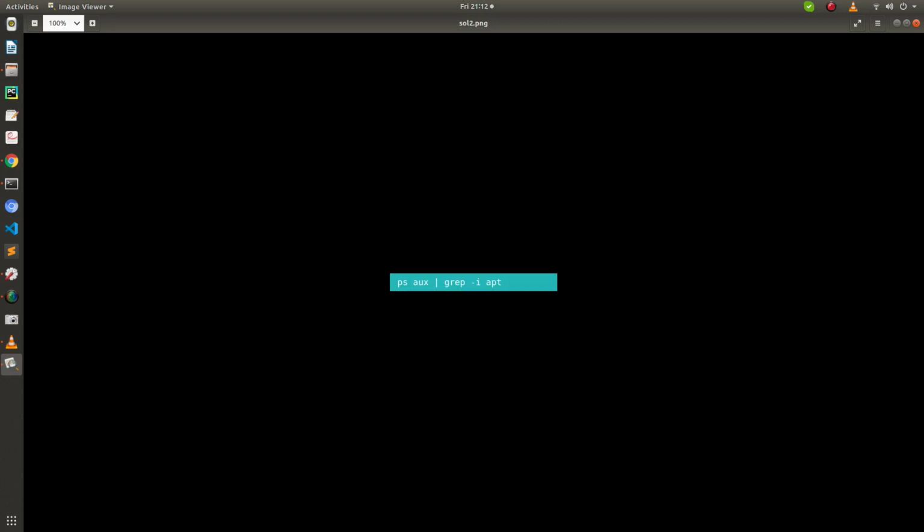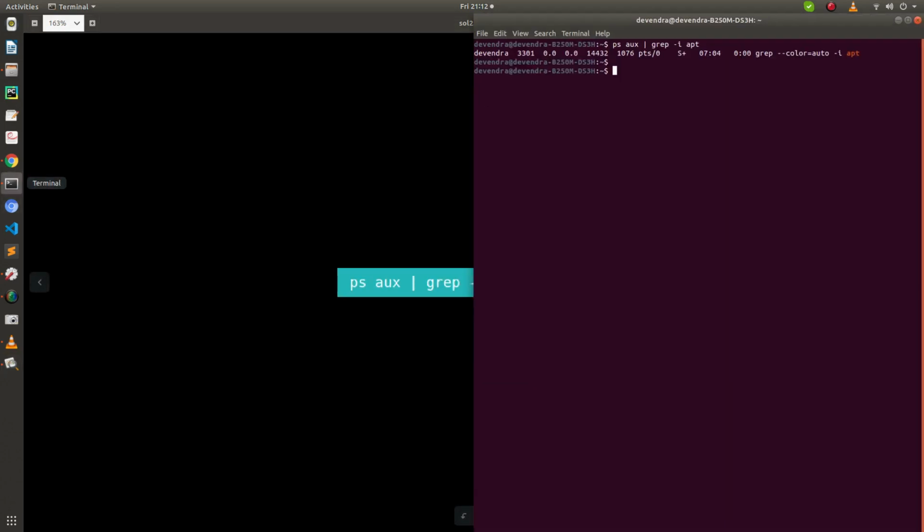So first of all, you need to run this command here. Let me show how you need to run it. This will be the command that you'll be running, and you'll be able to see such kind of output here. If you are getting this sort of output and you are not having any other apt related lines here, then it means that there is some other problem and you need to move to some different solution.